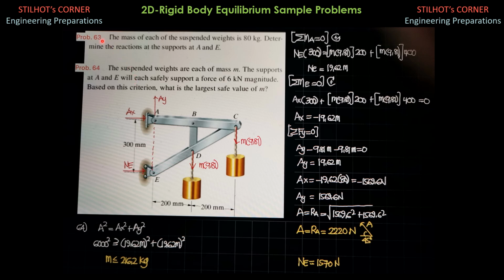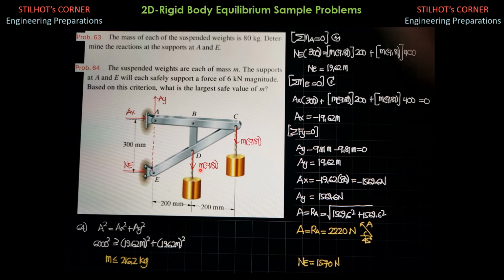So for the solution, these are the component reactions. This would be the free body diagram, including these red annotations. First, I want to solve for NE. So we sum up moments about A so that these two unknowns will not be involved. Only NE will be the unknown. So summation of moments about A equals 0. Counterclockwise positive, so we have NE times 300. Then no more counterclockwise. Clockwise moments are due to these weights here.